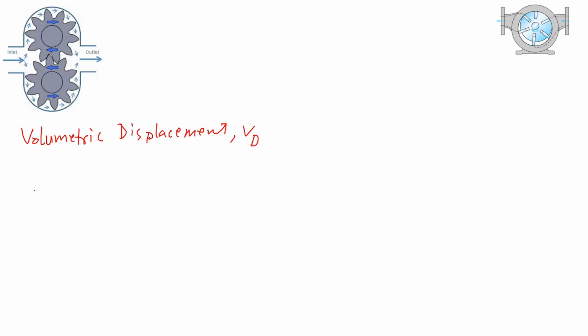Now, to calculate the volumetric flow rate, if you look at these vacuum spaces where the fluid is trapped, there is a similar gear profile. If you look at the gear profile mesh, it's basically the same as the gear profile. So this vacuum space is very close to the gear profile. So what we can say is,